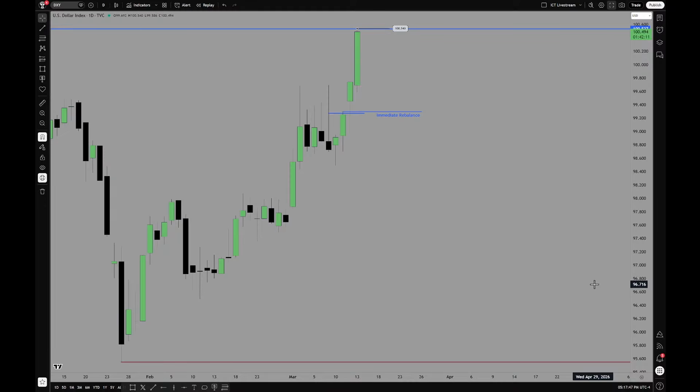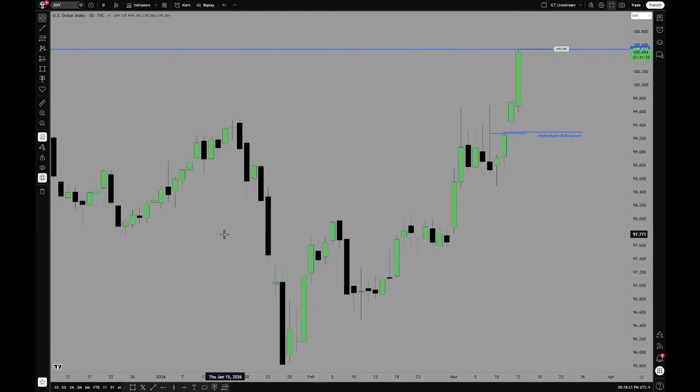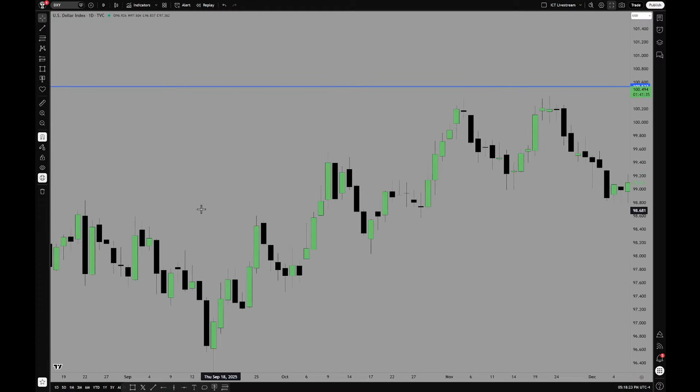All right, just a quick little market review for end of week. Looking at the dollar index, and if you have been following along with my analysis and commentary on euro dollar and pound dollar for foreign exchange currency pairs, you can see we're pretty much on par with what we were looking for and expecting. I wanted to see this high over here trade to